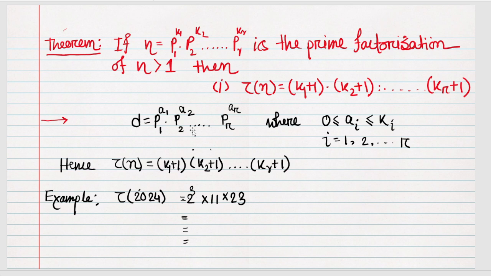Now if any number is not easily countable, then we must follow this theorem to find out the value for that number. Now we have divisors of n, d equals p1^a1 p2^a2 dot dot pr^ar. Then our function tau